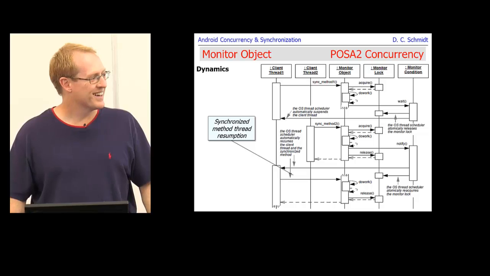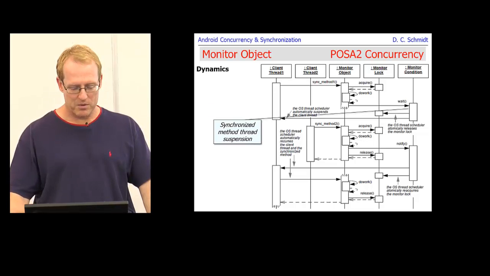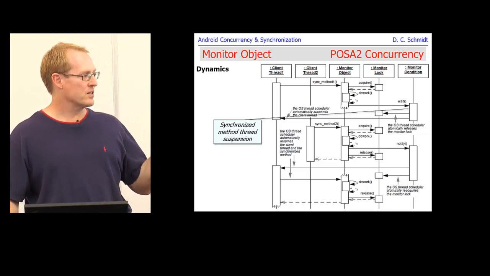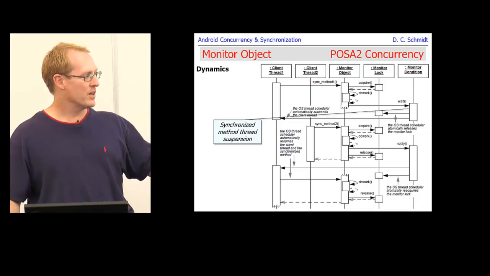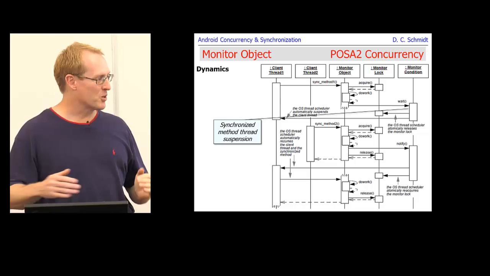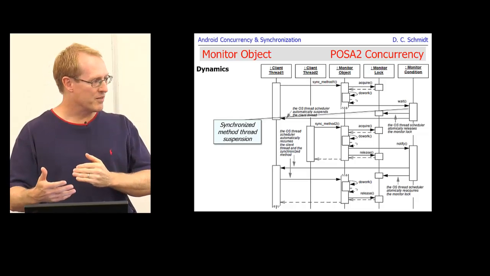Couple questions, yeah? When the first thread stops the first time, does it release that lock? Yes. When the thread first stops, when we have synchronized method thread suspension, that will do 2 things atomically. It goes to sleep and it releases the lock. If it went to sleep and didn't release the lock, bad things would happen because no one could ever get back in the monitor. And we'll actually talk about that as a problem later with some of the very simple